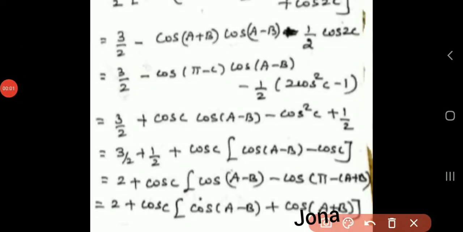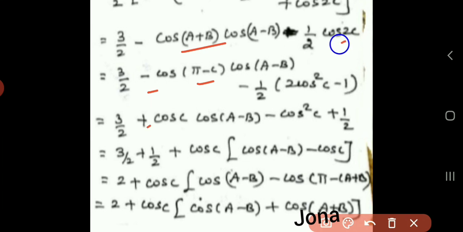And then instead of this a plus b, we can write pi minus c. Isn't it? Wherever we find a plus b, we can put pi minus c. Okay, pi minus c is 2 into 90 minus c. So 2 is even number, so keep cos as it is there, and then cos c as it is, and then it is in the second quadrant. Second quadrant sign will be positive, this is minus, so put minus symbol there. So already it is minus, so it will become as plus now.